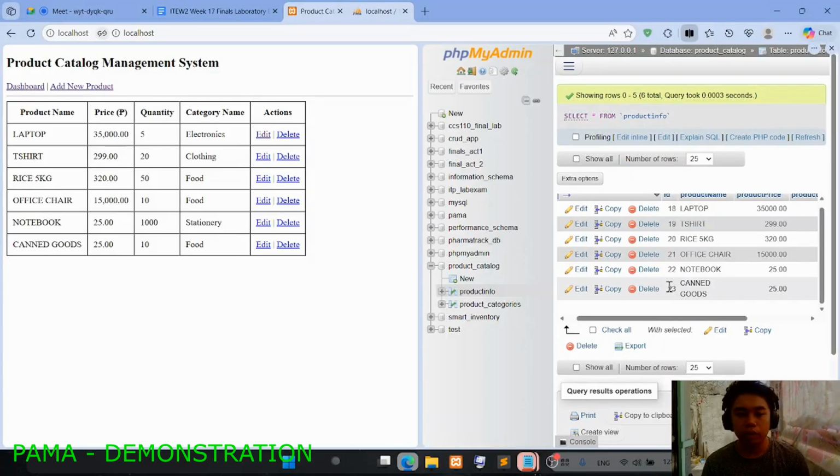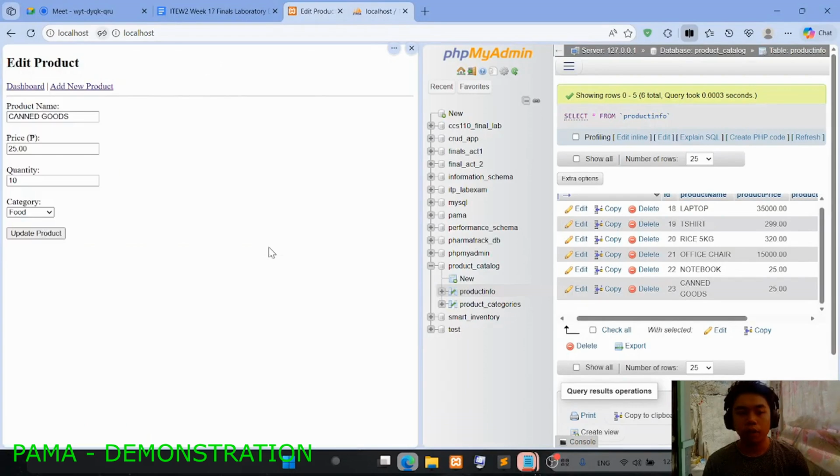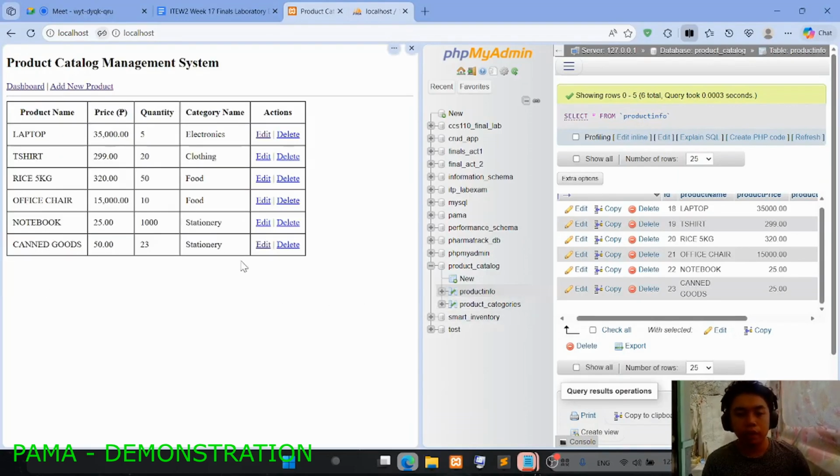Now I will demonstrate what happens if we update those products. Let's update the canned goods. Let's replace its price with 50 pesos, then the quantity is 23. For the sake of this demonstration, let's change the category to stationery. After updating the product, as you can see in the dashboard, it's reflected.